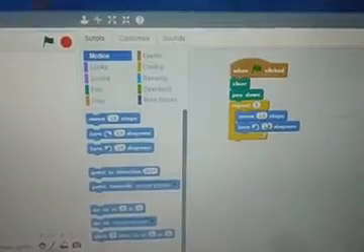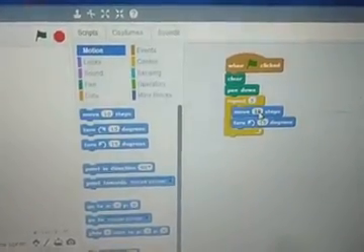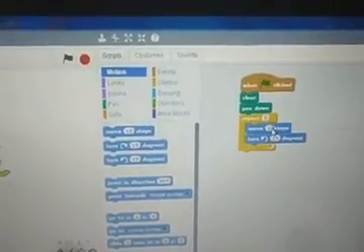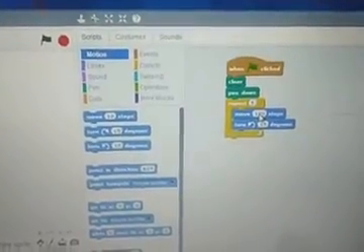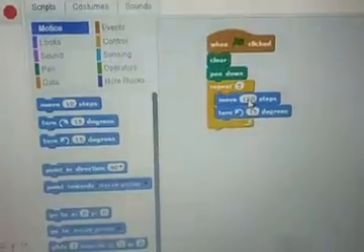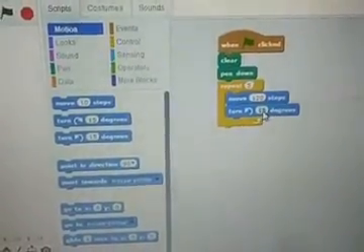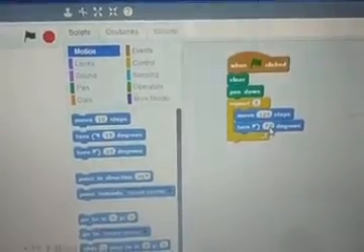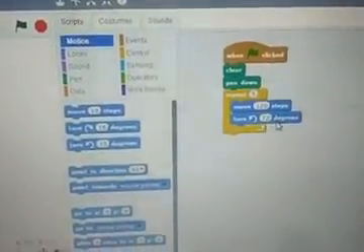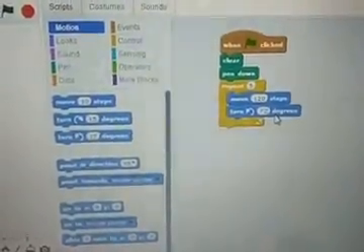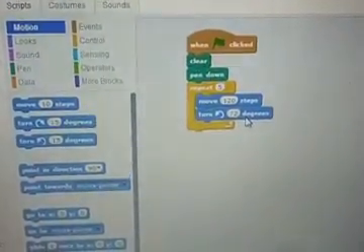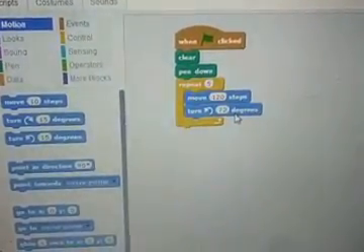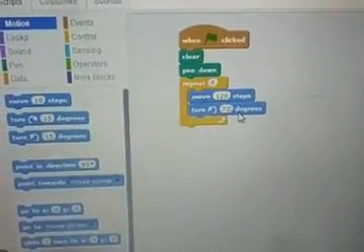Modify the number of steps to 120 steps, and for Turn, the number of degrees is 72. Why is it 72? Because the total number of degrees is 360 and a pentagon has 5 sides, so 360 divided by 5 means we need to rotate 72 degrees, and each time move 120 steps.